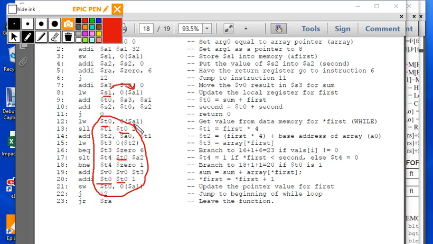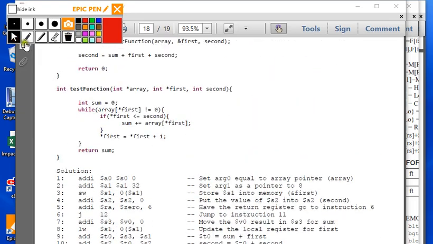So here we added add-I, we increment star first. I can tell you just from this that we created this pointer for first, and we have T0 and T0, so I can tell you without looking at the rest of the code that I'm incrementing a pointer. Now when we change it, that's when we have to update it. So the next line of code